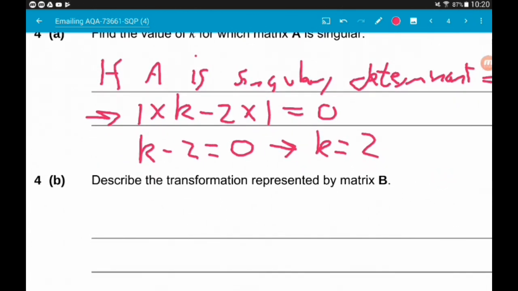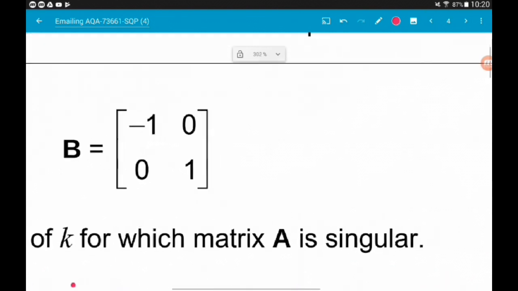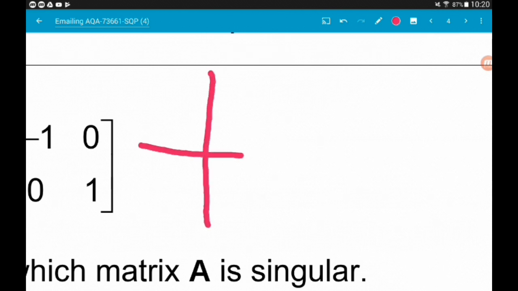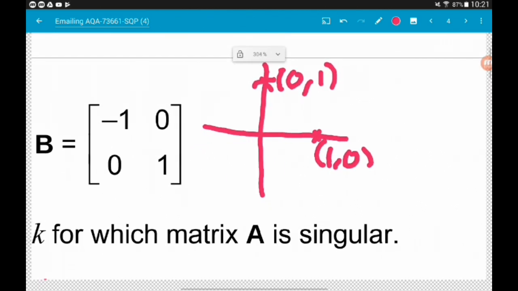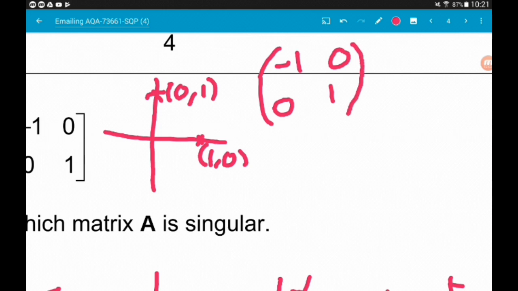Part B wants us to describe the transformation represented by matrix B. So again, to do this, I'm going to pick those same 2 points, (1, 0) and (0, 1), and see what happens to them when we multiply them by the matrix. So, the matrix (-1, 0; 0, 1)